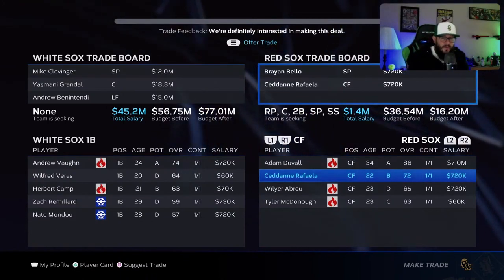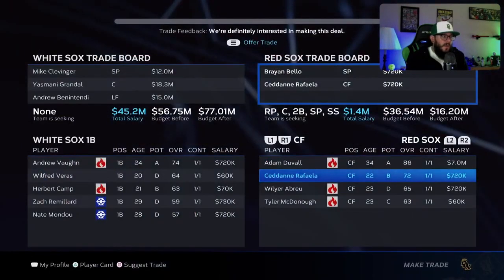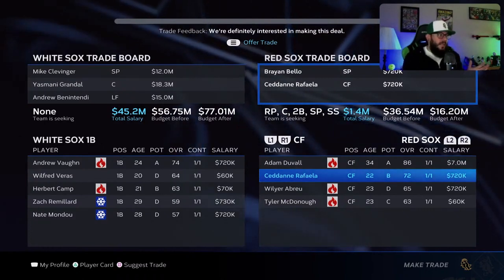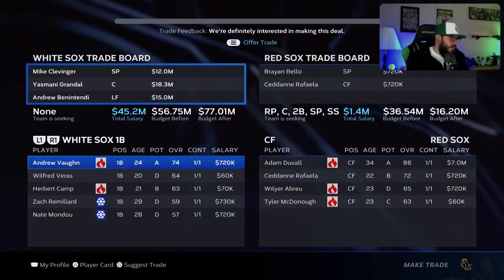And then with Cowser too, we have three really pretty good defensive outfielders that really bolster our defense in the outfield too. So we went younger. We didn't necessarily get any better here. I think the one thing we did was